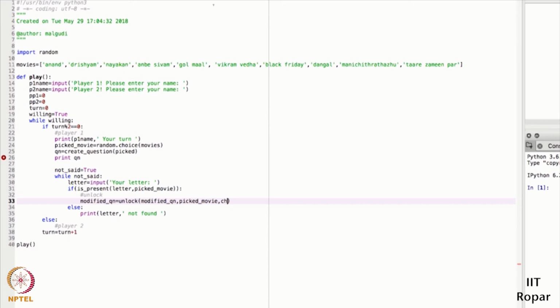Just take the same thing, Tare Zameen Par. If this is the movie and the user wants to unlock A, these will be unlocked, and now the new question will be star AA star star space star A star star star star space star A star. This will be the new question. This has to be passed